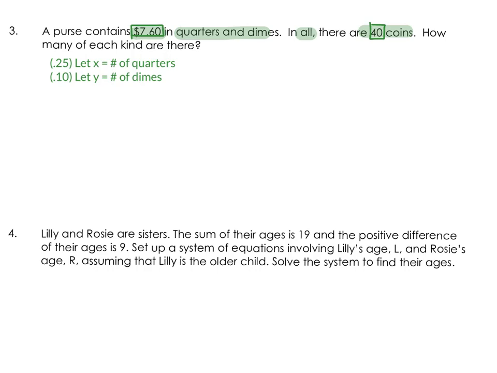$7.60 by multiplying the value times the x. So that'll be 0.25x, and you can use parentheses around the x if you want to. I usually do because it's very important when we have a binomial or a trinomial. So 0.25 times the number of quarters, and then 0.10, the value of a dime, times the y to equal $7.60. Now that's just going to be equivalent, so maybe you didn't need to write that, and maybe you just realized that that's 0.25x plus 0.10y to equal